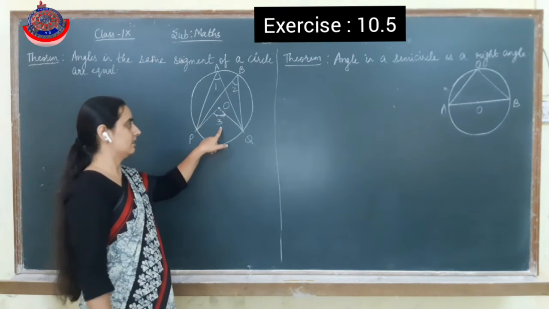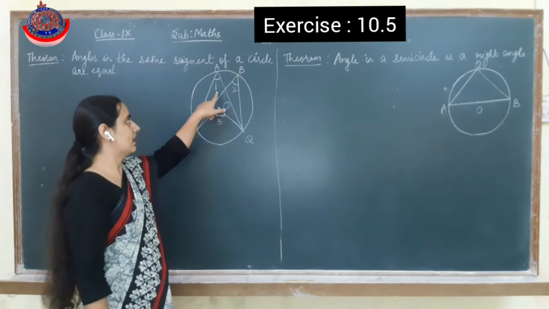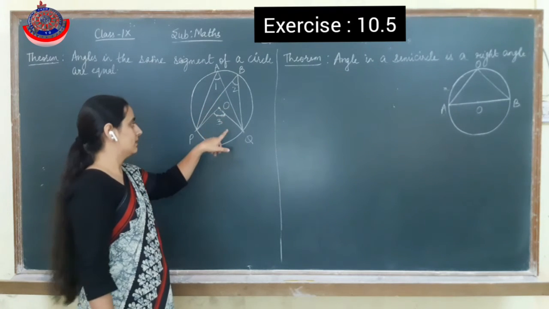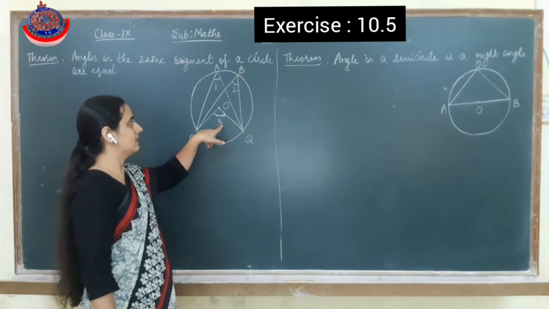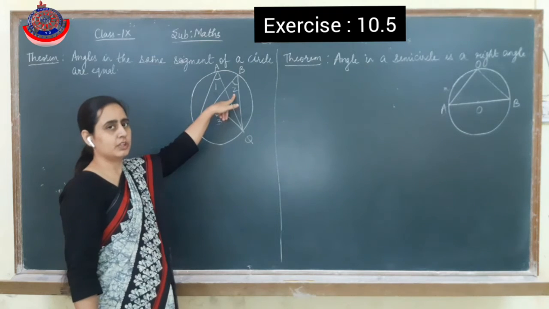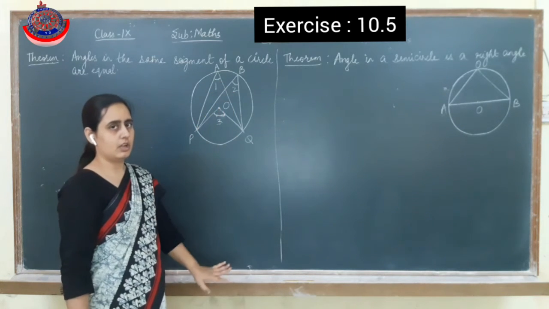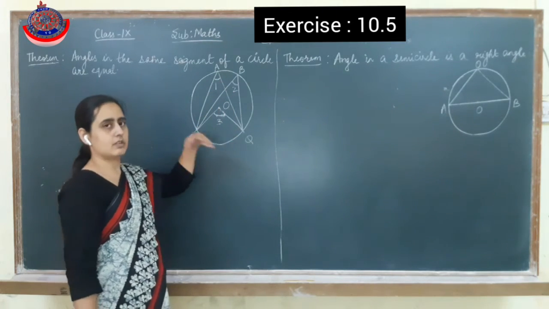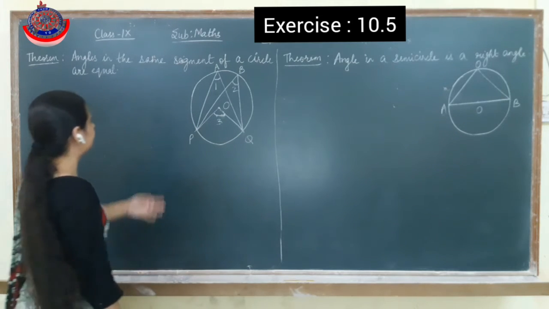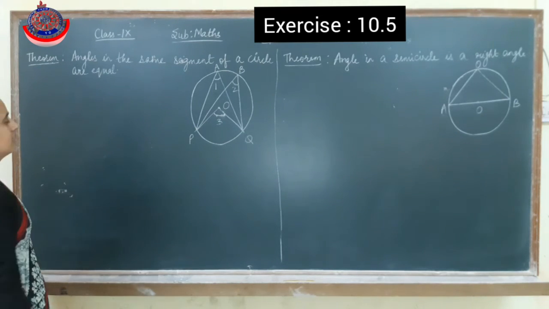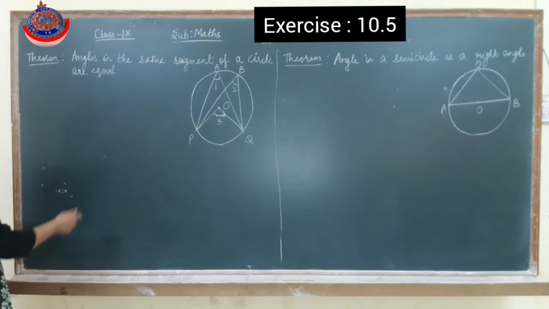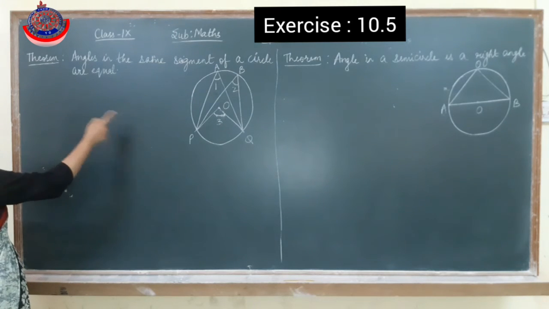Suppose I say angle 3 is 60. That means angle 1 would be 30. Same here I am saying angle 3 is 60. Angle 2 should also be 30. That means they both are equal. Fine. So this is the result from the previous only. So not to do much in detail, simply I am writing the proof.